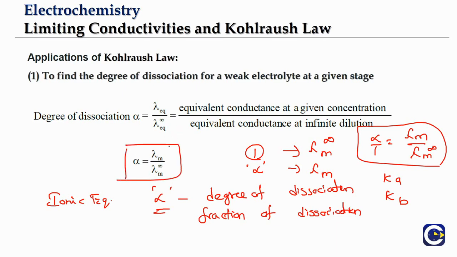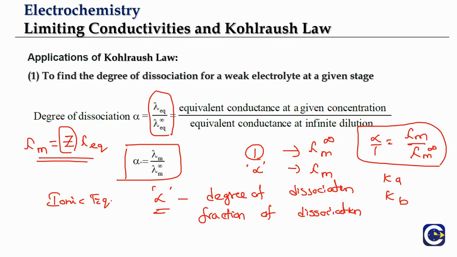And since the molar conductivity and equivalent conductivity are related, how are they related? Already we saw this. At any stage, molar conductivity will be Z into equivalent conductivity, where Z is the valency factor. So you multiply the equivalent conductivity with Z, and the valency factor depends upon the electrolyte type. For acid, it depends upon the basicity. For the base, it depends upon the acidity. For the salt, it depends upon the total charge of cations or total charge of anions, whichever, because for the salt, the total charge of cations will be the same as the total charge of the anions.